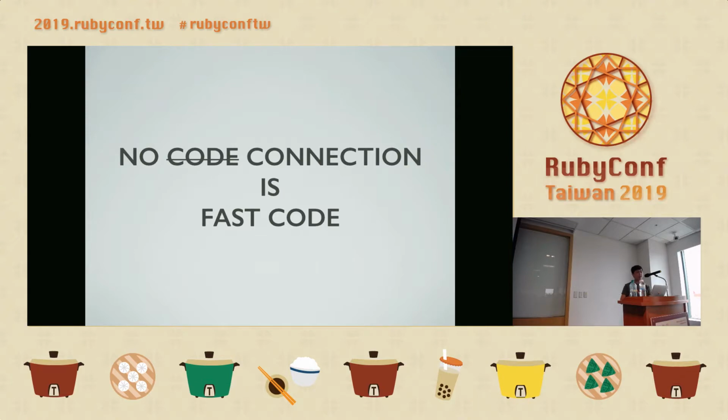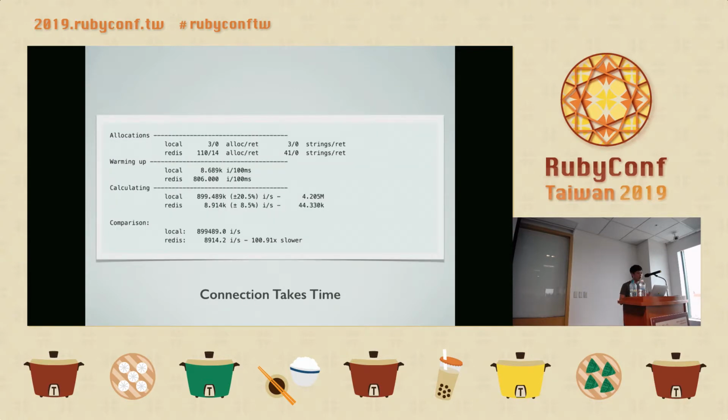Sometimes we say no code is the fast code. The example here can also be seen in an alternative way, like no connection to any backend might be the fast connection. So, well, fast code, I suppose. To make this theory even more promising, I also benchmarked the result with a Ruby tool, which I'll mention later. The result shows that using Rails cache can be 100 times slower than a locally accessed table. Even if we have a Redis node in the same Kubernetes cluster network, the connection still takes time.